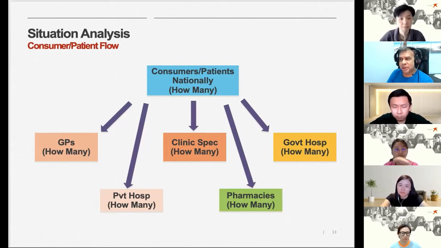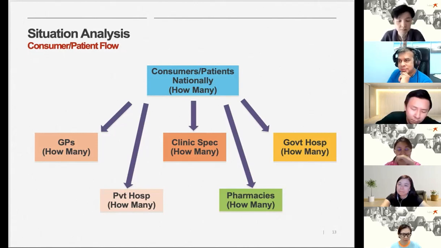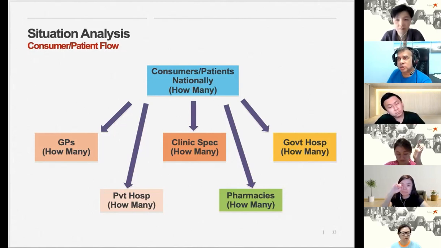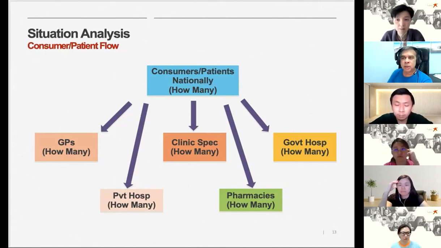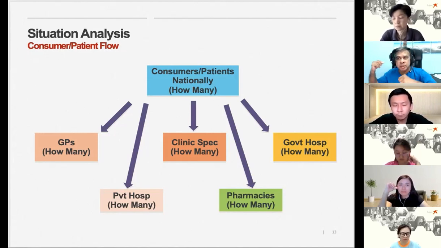All right. Now, based on what Serena said, there is one more box you have to put here, which is not treated. Because Serena said some schizos are not being treated, right? Some or many, I don't know. So you have to put that number there, because this is going to drive you to think, why aren't these people being treated? There could be a lot of reasons. Either no money, or they may not even be aware that they are schizo. Hey, if they are not aware they are schizo, can we state that they are schizos?